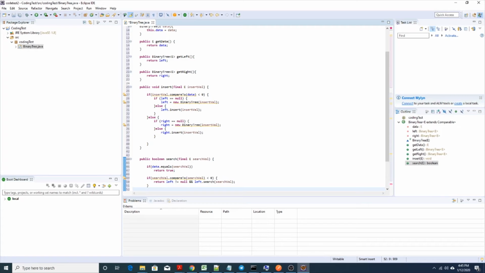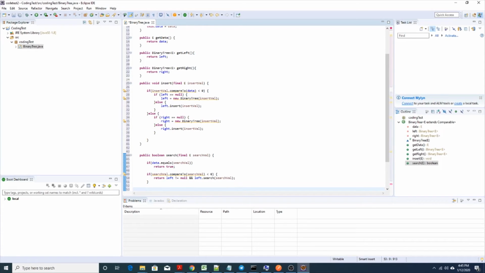So if I'm searching left, if it decides to search left, if left is equal to null, then it's going to return false. Or either it's going to call this search recursively and repeat this search function and check that value. But if it's above the search value, then it's going to go right. And I'm going to repeat the